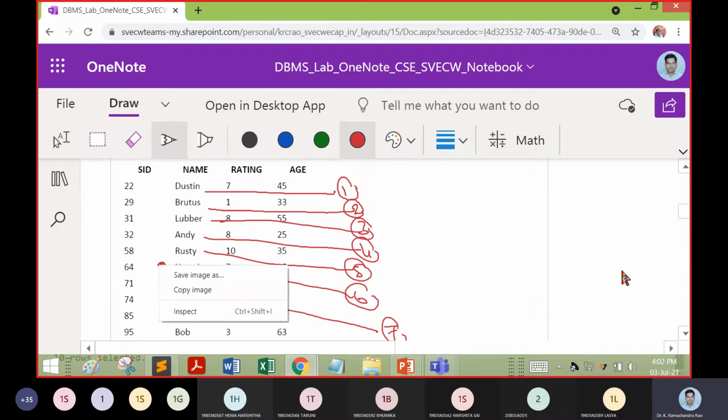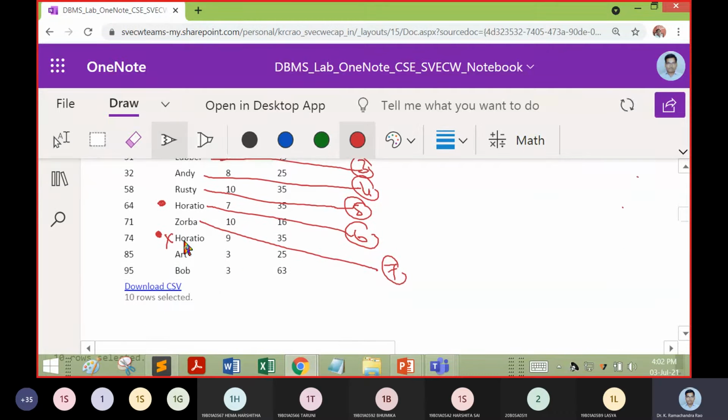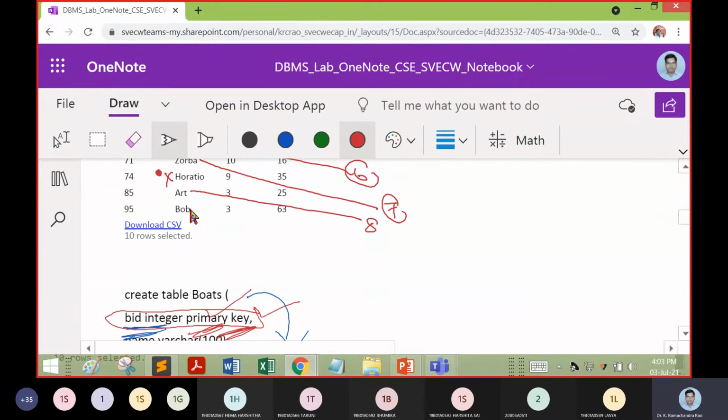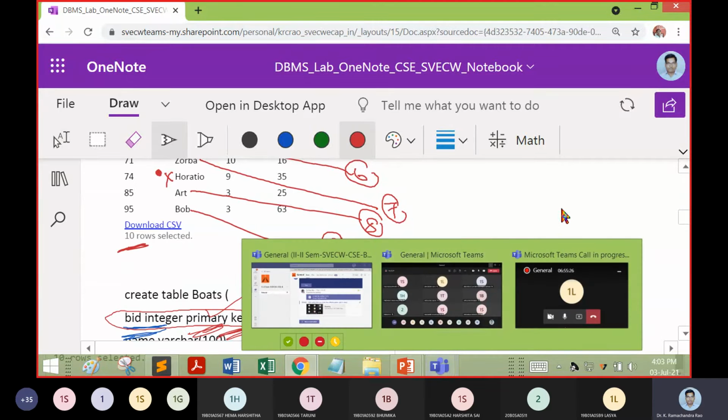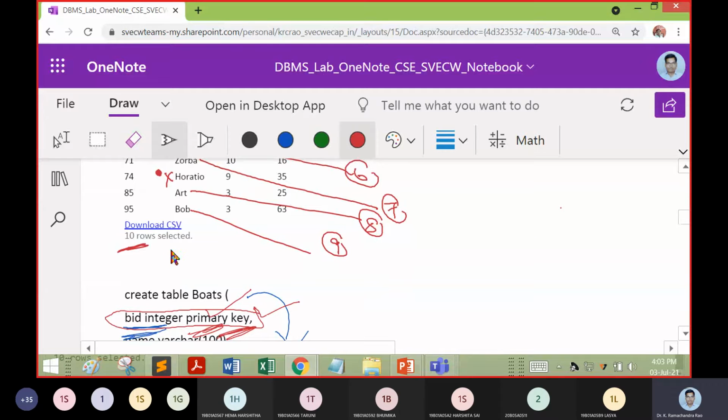Now another Horatio comes again, so at this point we can eliminate that Horatio. Then Art is coming for the first time, and Bob is also coming for the first time. So in the 10 rows, 9 rows are going to be unique.